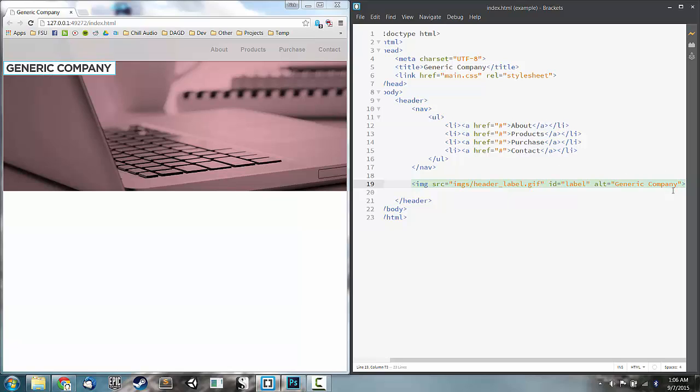Yeah, I don't know in this case what you would say. Generic company logo if it's the logo. In any case, let's write some CSS for this. I'm going to put my cursor in here and press Control E. There are no rules that apply to this tag, so I'll click New Rule, and I want to write a rule for this tag that uses the ID. So we'll say #label,